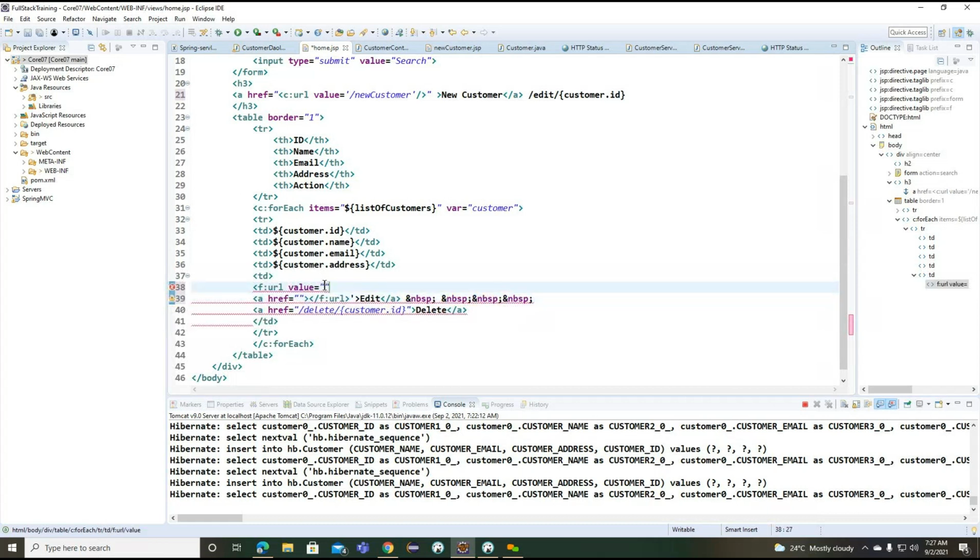And here I want to define it as a URL. Okay. Now the variable here, edit.